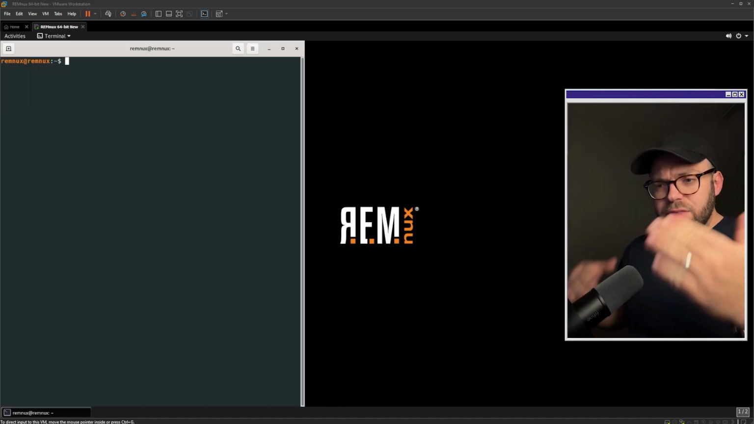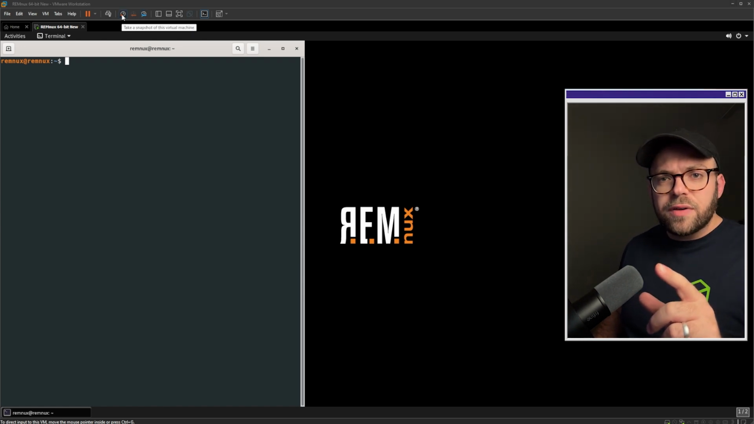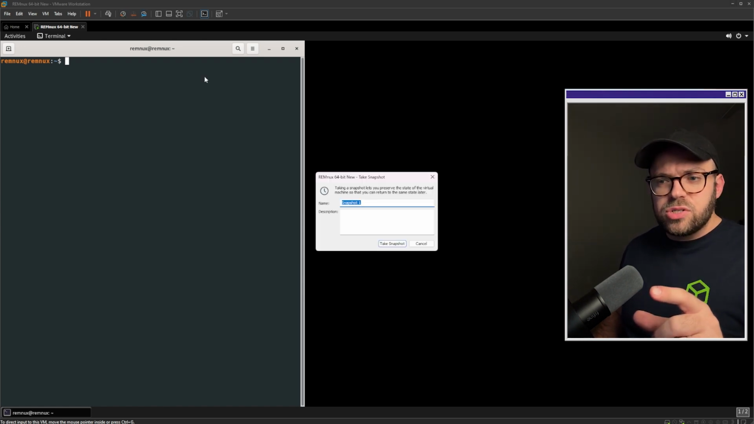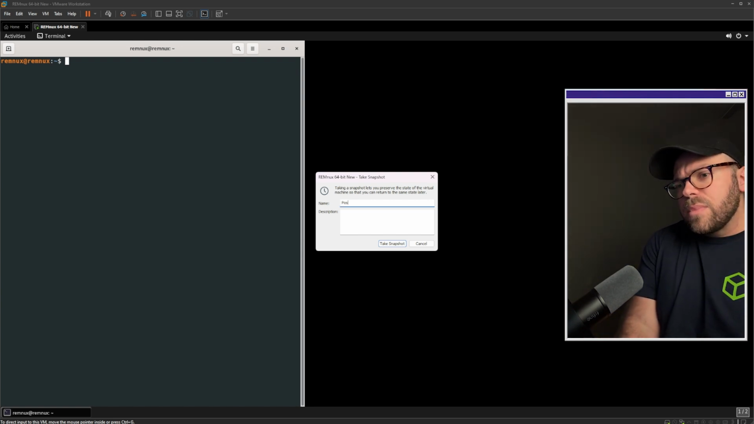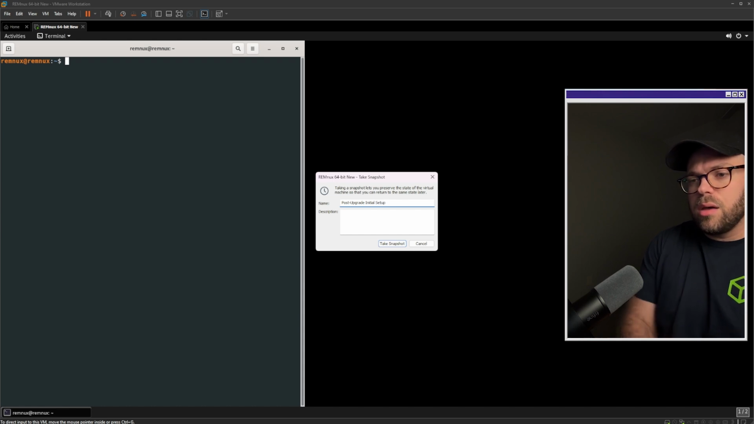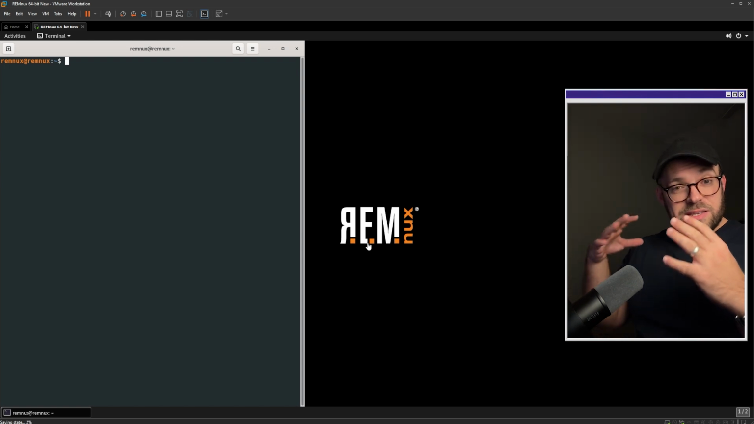Lastly, when we have everything set up, if everything's been upgraded, we're going to go to the very top of our hypervisor here. So we're going to say, take a snapshot of this machine, and we're going to say something like post upgrade initial setup. Now, again, this is kind of an art in itself, because when you get into these snapshots and these